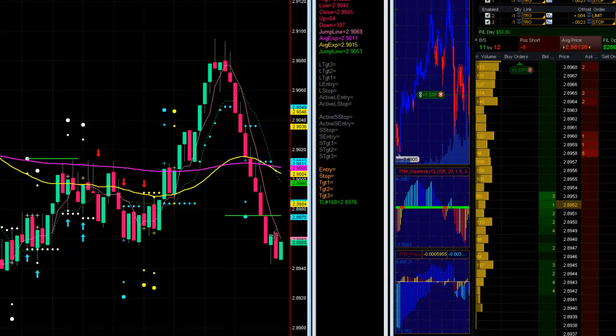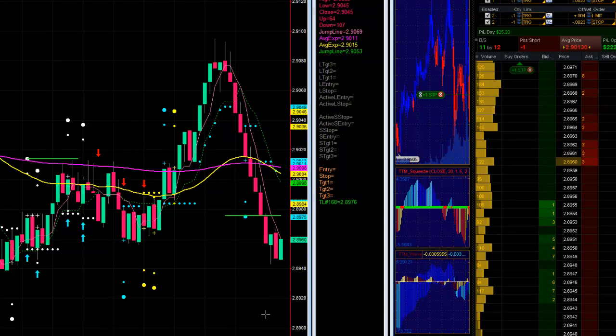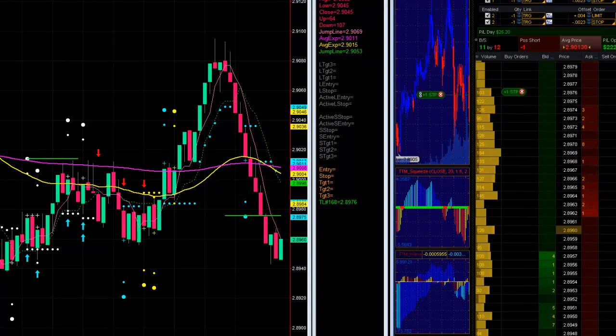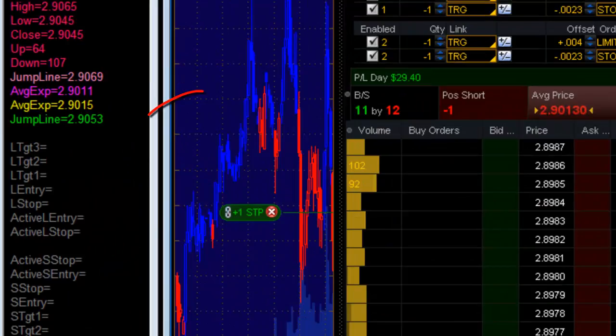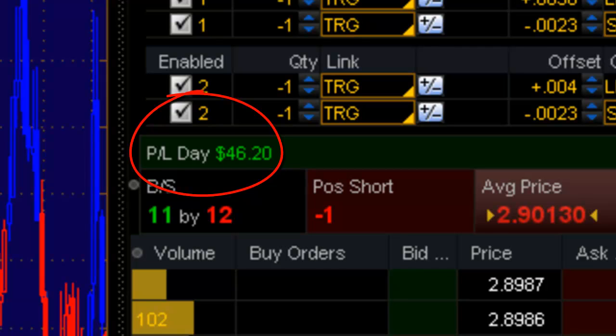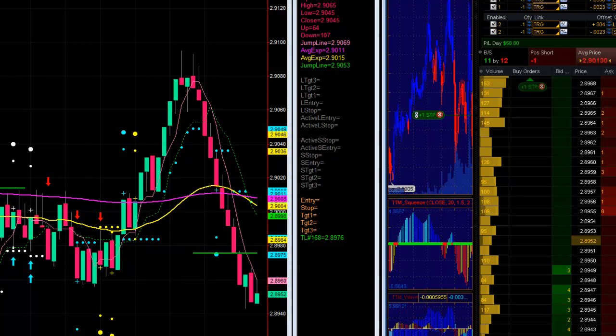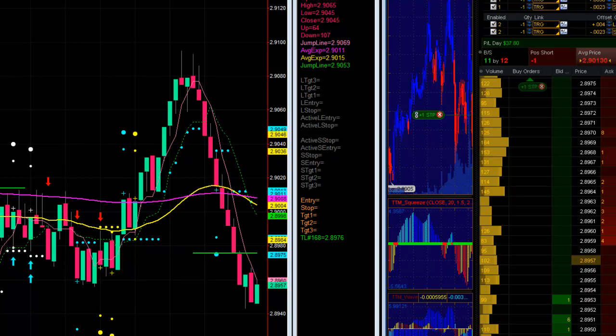Looks like it may start bouncing around again, or it could push lower, but at least I know I've got a good trade here, and even if I hit that, I've cut my losses to almost nothing, and I still have a chance for a bigger move. So, I'm trying to be patient, but I'm also trying to be a winning trader today. I managed to avoid a losing trade. I've managed to get into all the other trades properly, and now I'm just managing this one for profit, which